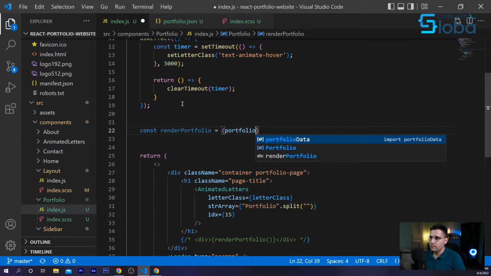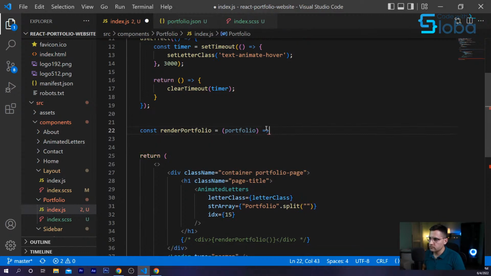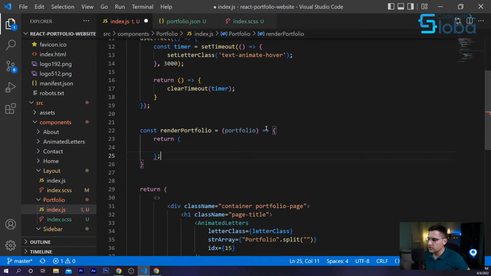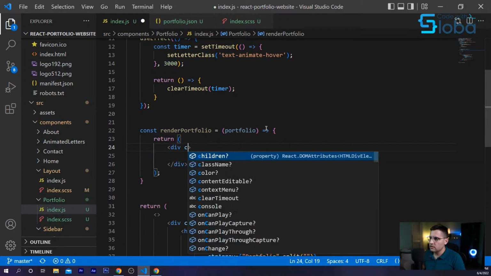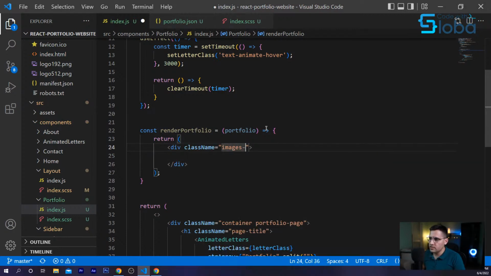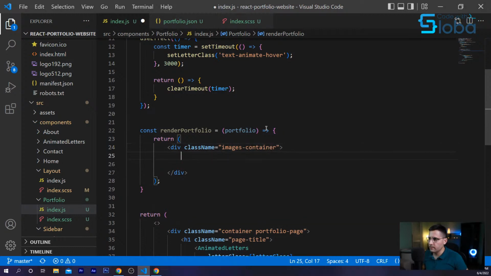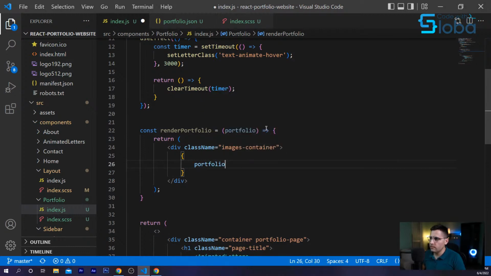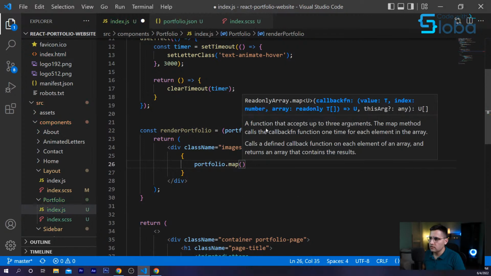So portfolio is going to receive the portfolio array, which we can map. And here I'm going to return our component. What I'm going to create first is a container, className images-container. Okay, cool. And inside of this container, we're going to grab our portfolio and map it.